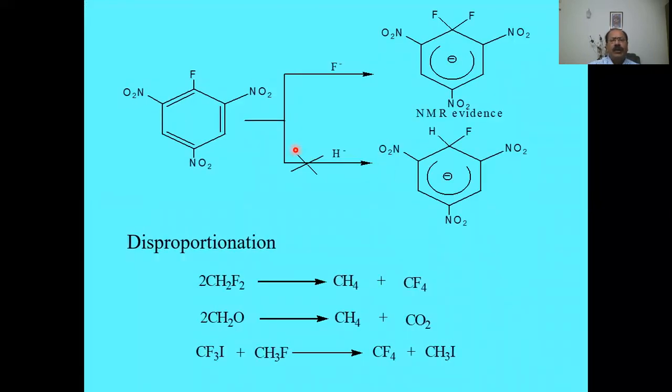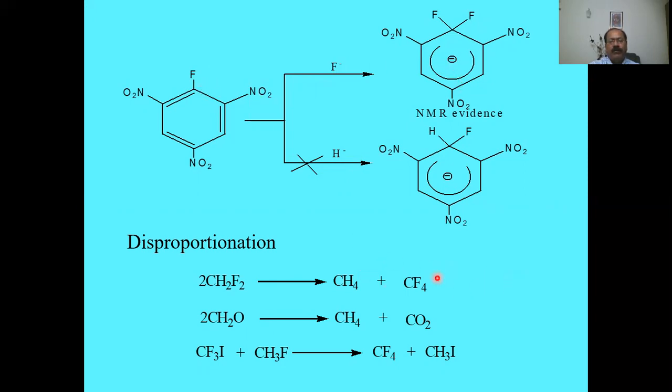We know in this reaction, fluoride attacks to give this Meisenheimer complex, and we know there is evidence for the Meisenheimer complex. Whereas when it's treated with hydride, this reaction does not take place. It's harder compared to this, and not only harder. Here now that we are talking of the symbiotic effect, it adds on to the same carbon to give this.